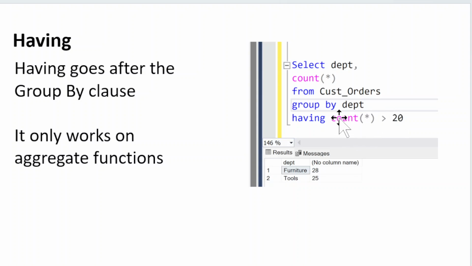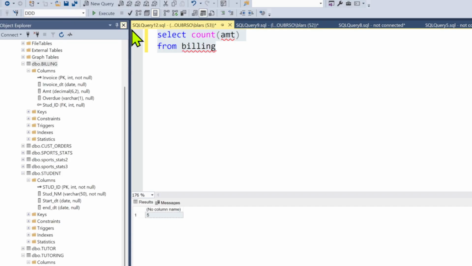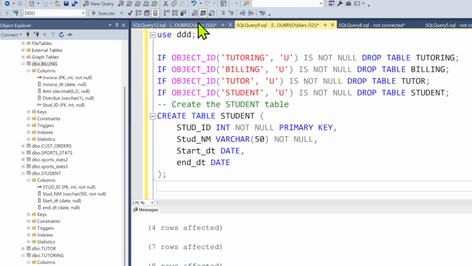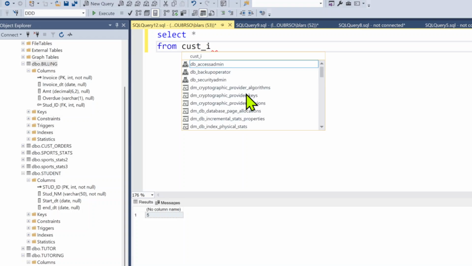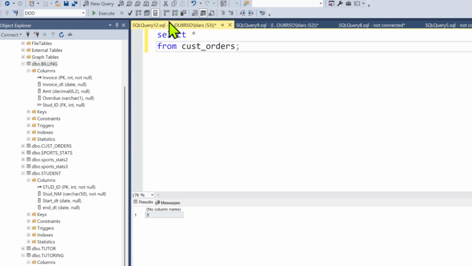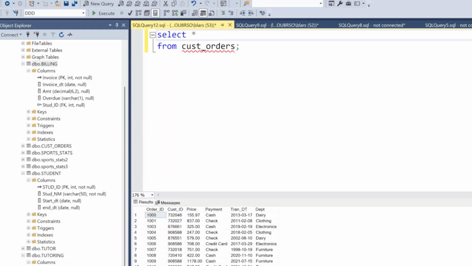Notice you still have to put the aggregate down here, even if I had aliased this. So watch this. Going back into SQL Server, back here so you can see what I'm doing. If I went select star from cust orders, just so I know. So I said select department, comma count,